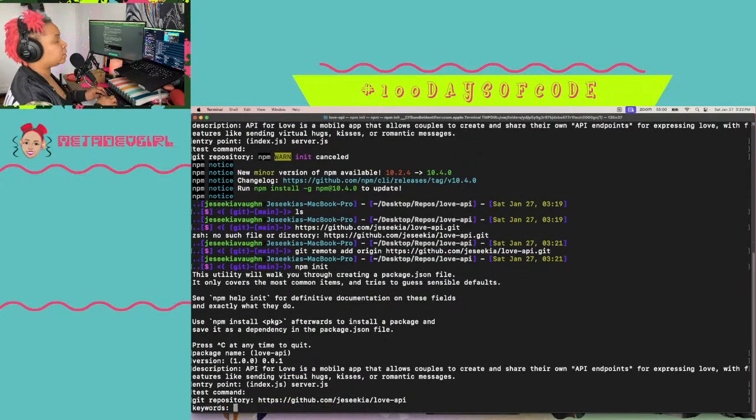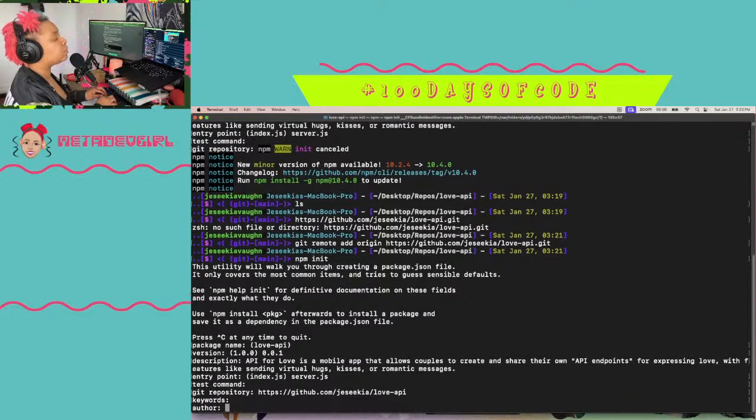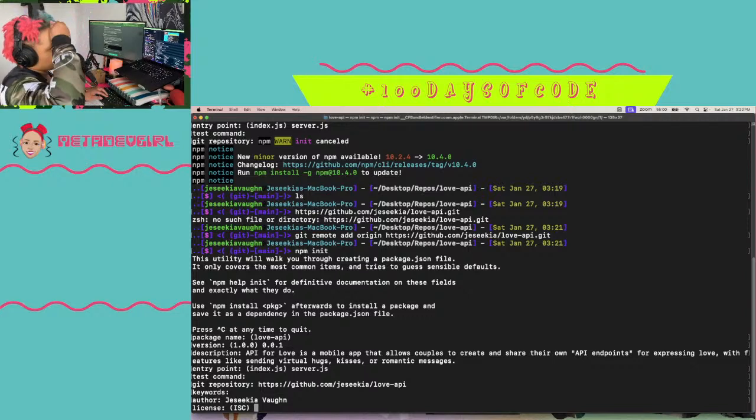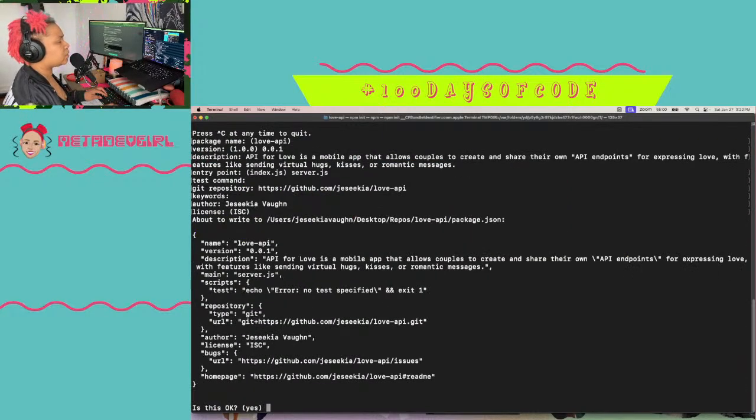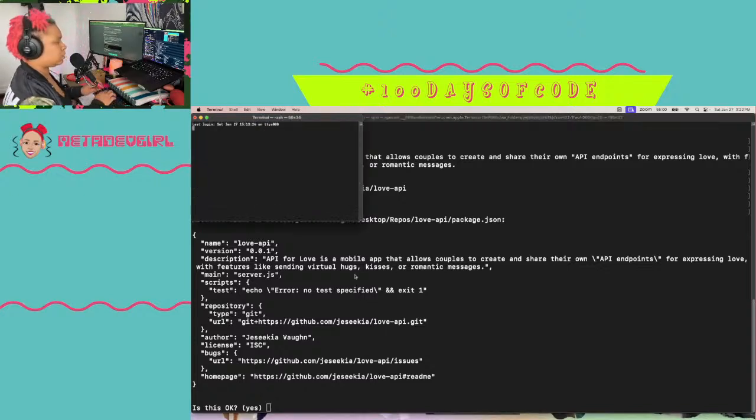Keywords, none for now. Author. Did I ever change my git config? I hope I did. git config --global user.name.